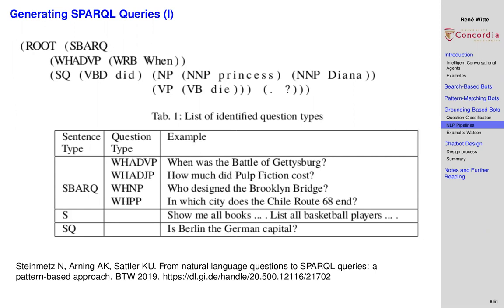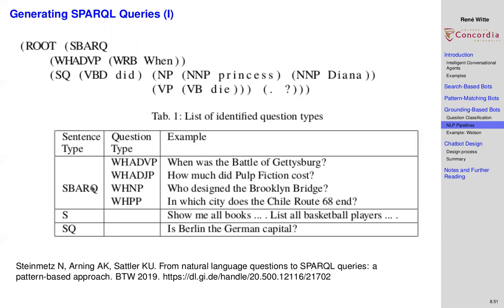But again, when you apply standard NLP, now you have an input sentence like, when did Princess Diana die? And you run it through the syntactic analysis. This is basically a parse tree, just nicely formatted. You see now the different constituents, noun phrases, verb phrases, and the dependency relation between them. And then you can,